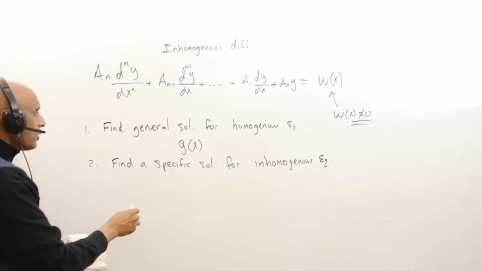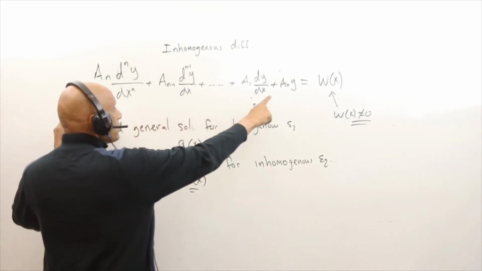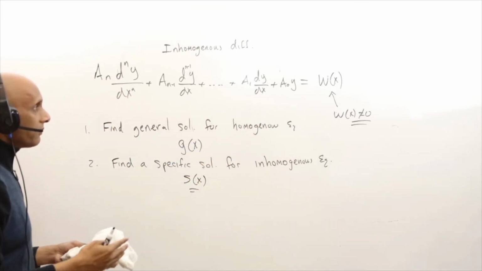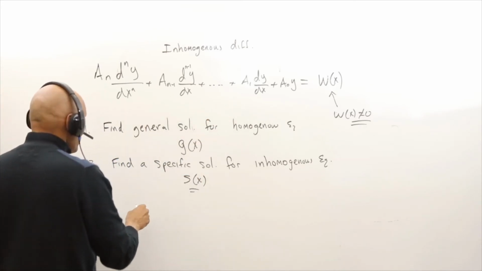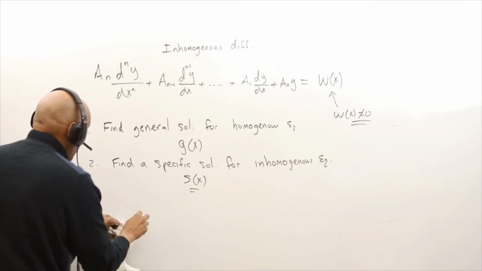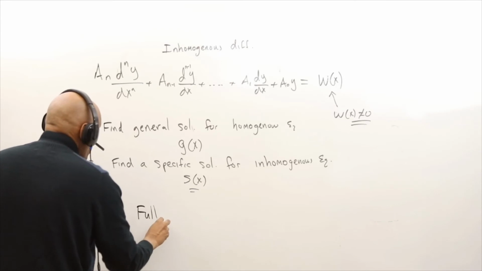Once you find, I'll call this s at x for specific. So this is a specific solution for this. It doesn't have to be a general solution. It could be any solution you can think of, any solution you can find that'll fit that equation. And the full solution, I'll call it f. Let's capitalize it. Number 3, the full solution